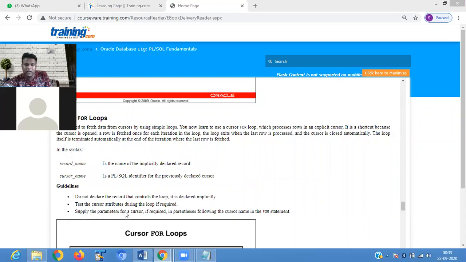Then test the cursor attribute during the loop if required. Supply the parameter for a cursor if required, following the cursor name in the FOR statement. So you have to define a cursor name in a FOR statement.